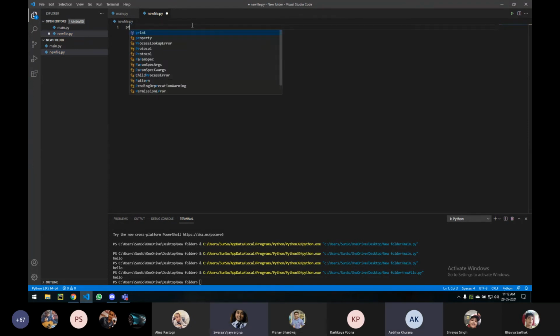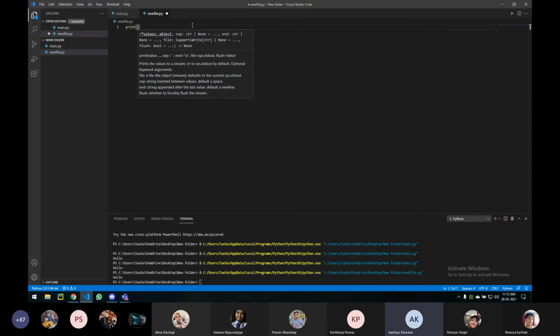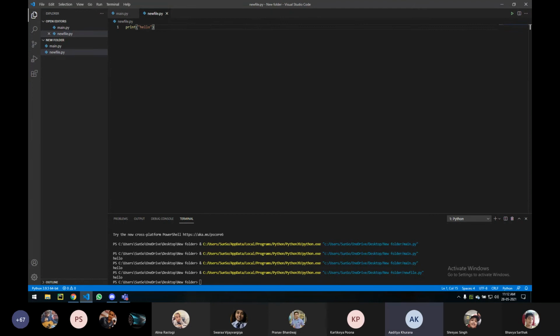Delete all. Type print. Only click the apostrophe once, not twice. And press Control S to save the file and then run it. Okay, Bhaiya, thank you. Without saving it, the file won't work.